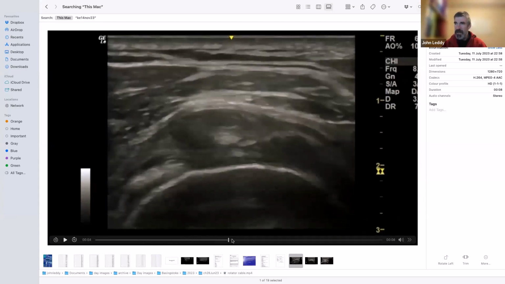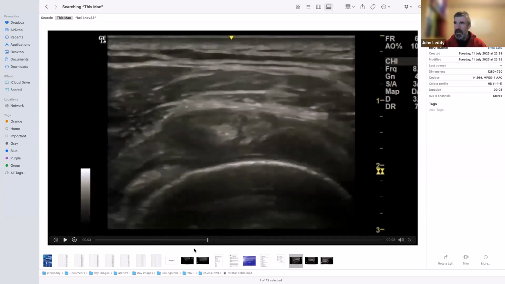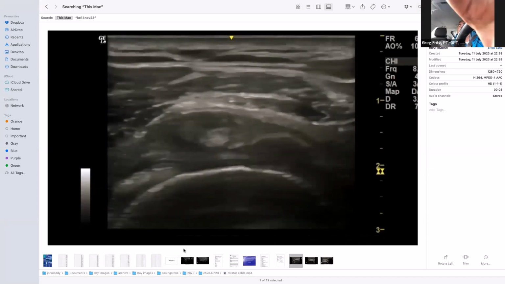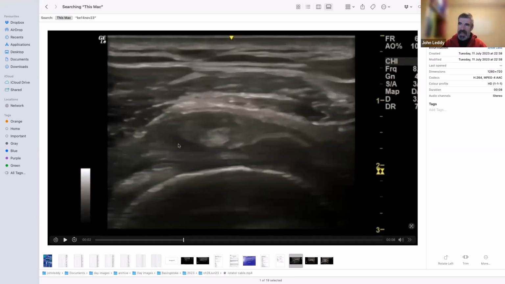I haven't really got the best angle for it. I've kept it on the cable. The cable's just a little bit set back. So somewhere in here, or perhaps in here, there might be some. But the cable's normally a little bit more proximal than where you look for the